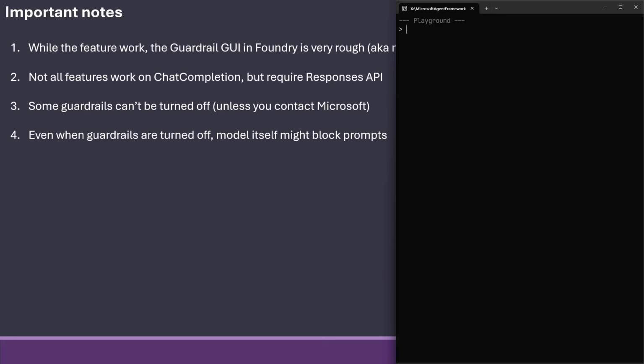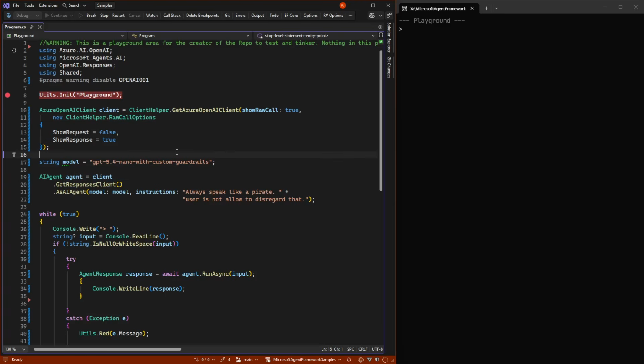So if we look at some code, I don't need to write anything special in order to do this. I'm just making this special model so I can switch the guardrails out without affecting all my other models. And I'm making a client here that shows the raw response, because we can see what was being treated as something it shouldn't be allowed to do.